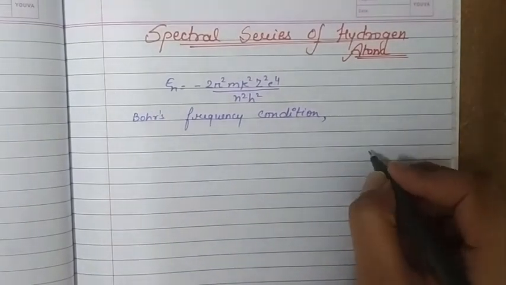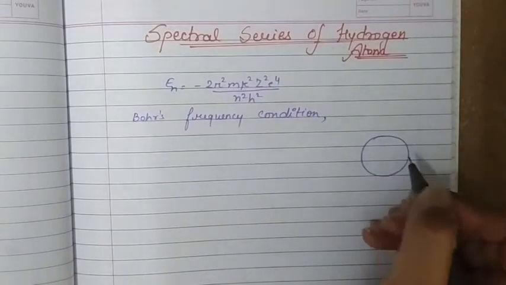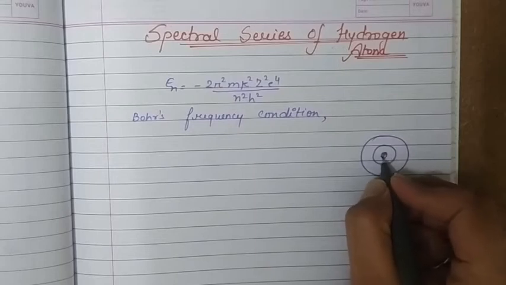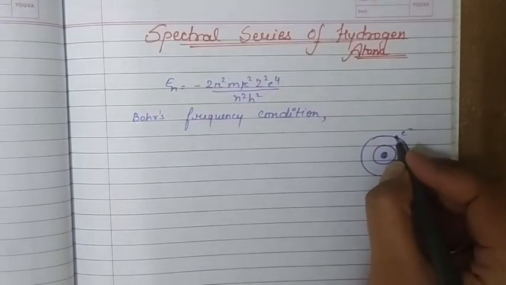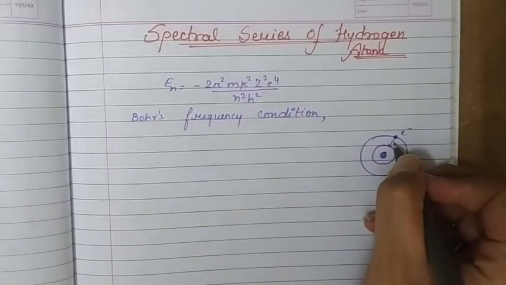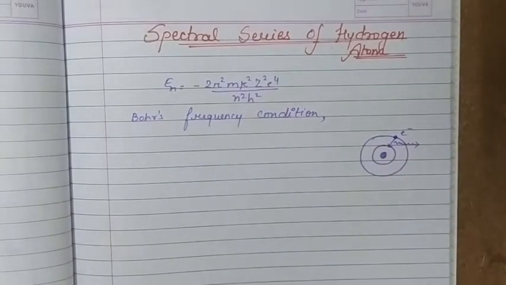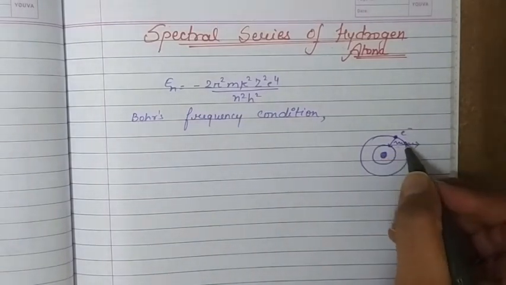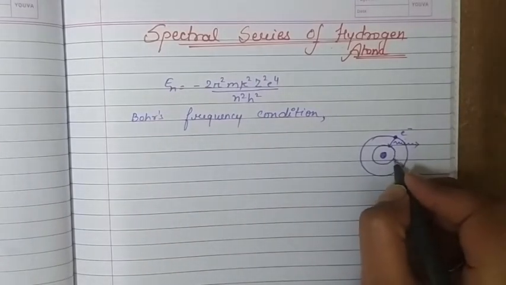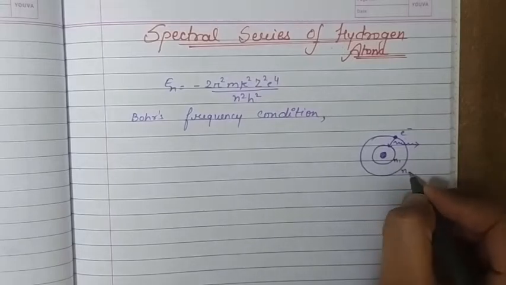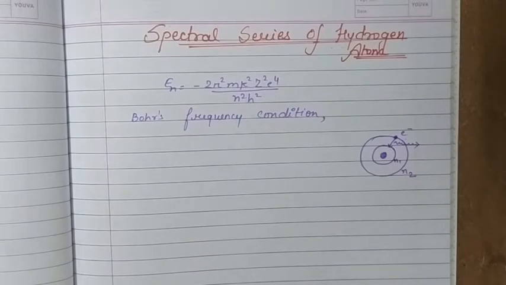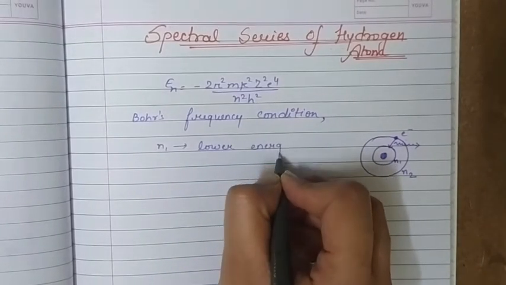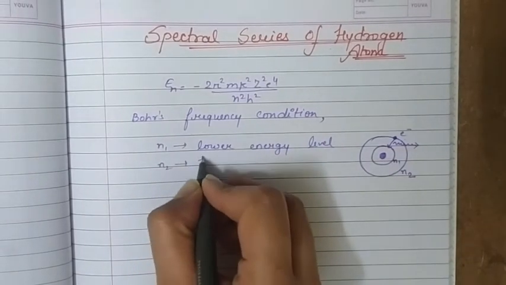That is, if there is an electron revolving in this orbit and it comes to some inner orbit, it shows a transition like this. This is the nucleus and the electron is in the outer orbit and it transits to the inner orbit. So during this transition we get a photon, and that photon has the energy which is equal to the energy difference between these two energy levels. So if we have these orbits, this is orbit number 1, n1, this is orbit number 2, n2. I am considering that n1 is the lower energy level and n2 is the higher energy level,